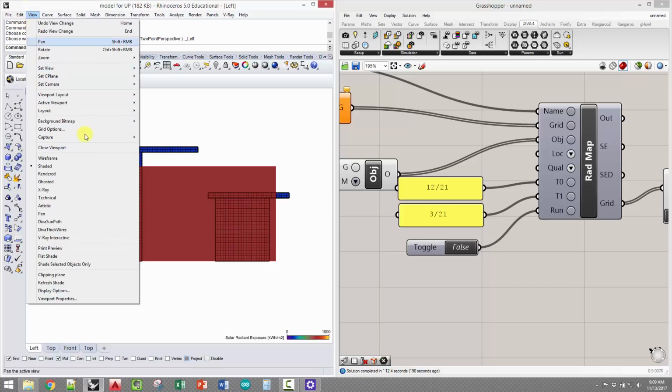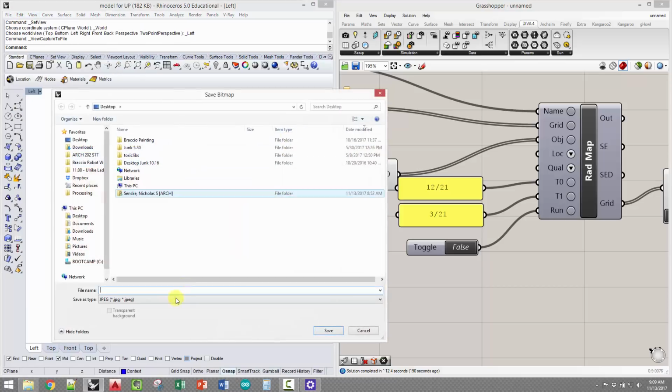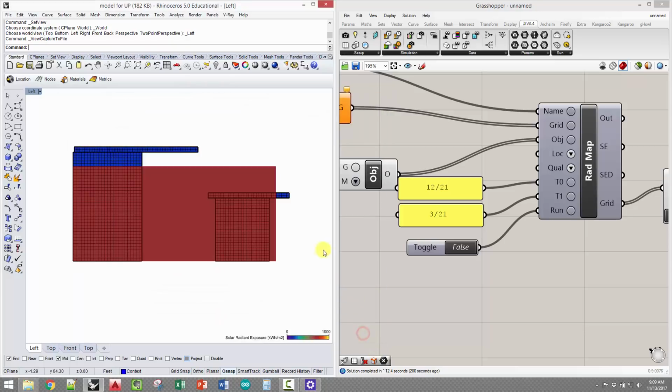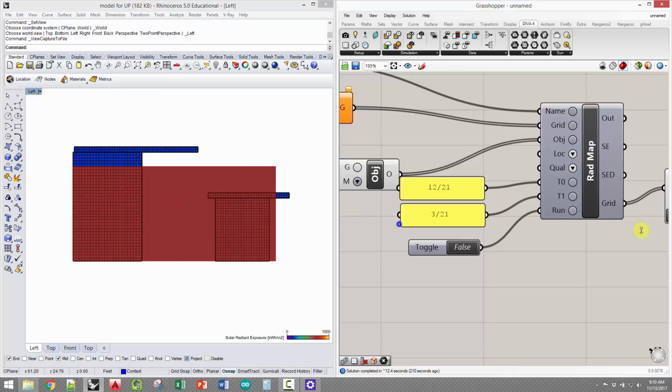So you go to View, Capture to File. We can save it as a JPEG, save it as a TIFF, that sort of thing. Make sure you get the scale in there. You're going to have to do a little bit of photoshopping in Illustrator to fix it. I like to see a ground line. You could also, if you wanted to, turn off